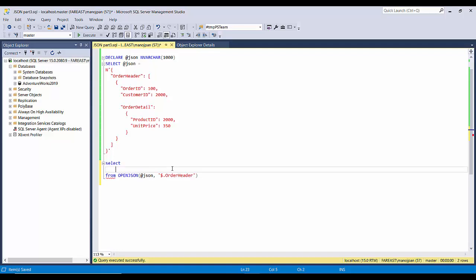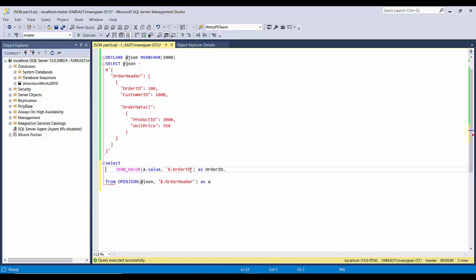So here we will use JSON_VALUE, okay, and we'll give it a name, let's say as a. So we will use this alias a dot value. Then we will use the column name in a similar fashion, dollar dot order ID as order ID.